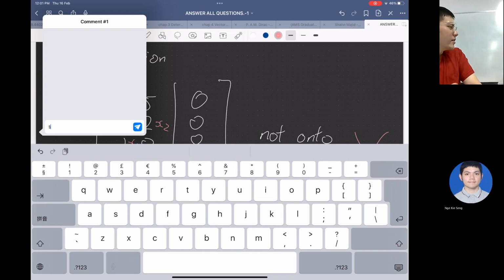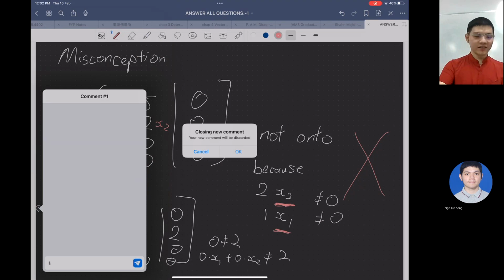Onto 的定义是什么？每一个 b 我都要有一个 solution，每个 b 我都可以找到一个 x such that Ax equals b。为什么没有 solution？Inconsistent 的话会有 solution 吗？一个 system 如果 inconsistent 的话会有 solution 吗？